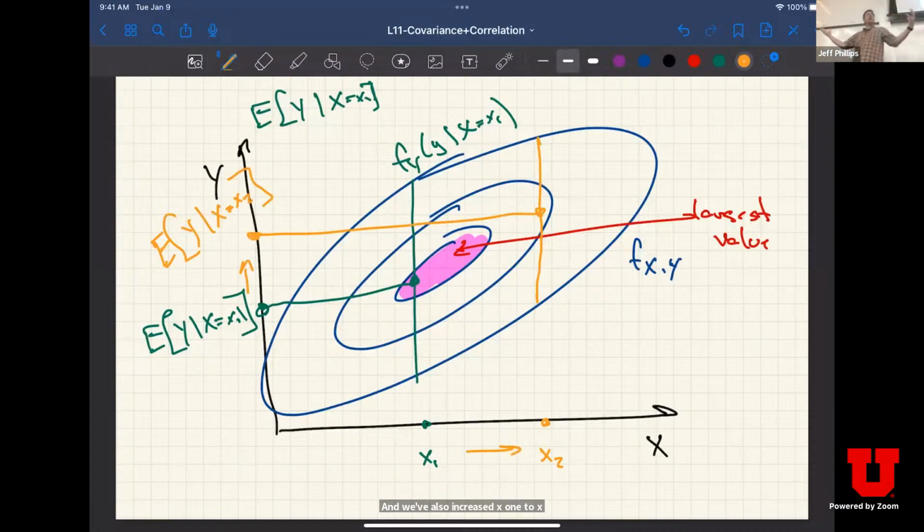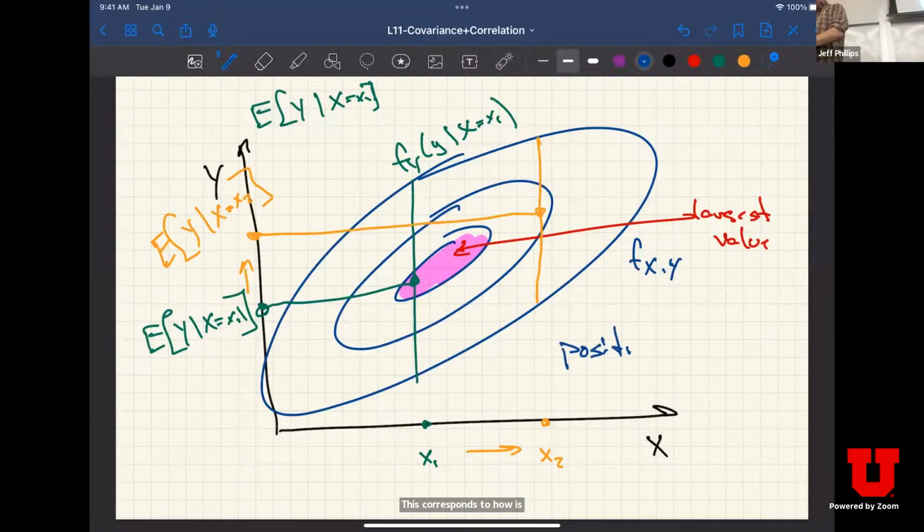So if this is generally the case, kind of on average over all the pairs of values of x, as x1 increases to x2, does the expected value of y, given that value of x2, also increase? And that's the case here. As the x value increases, the corresponding y value also tends to increase. And this is intuitively what positive covariance means. The picture you should have in your head corresponds to